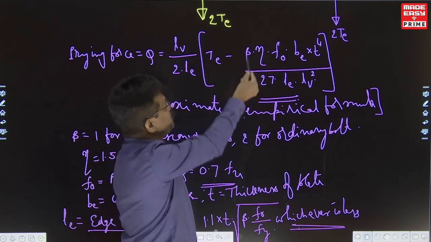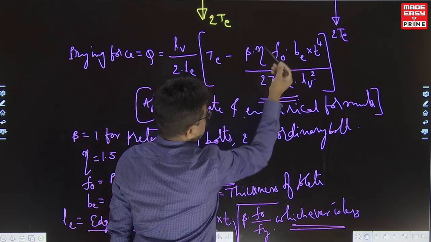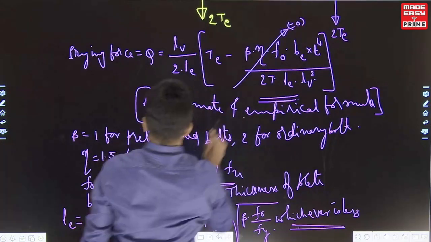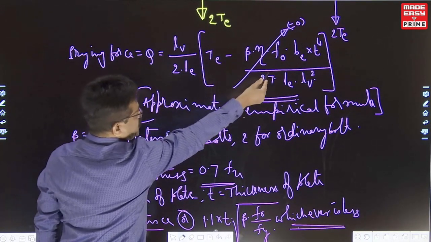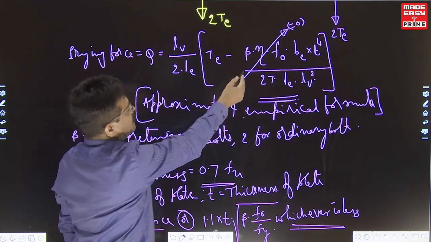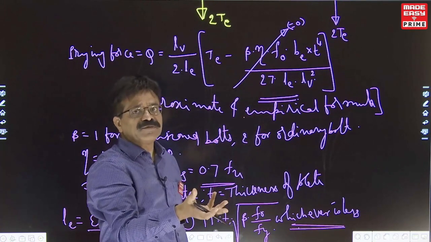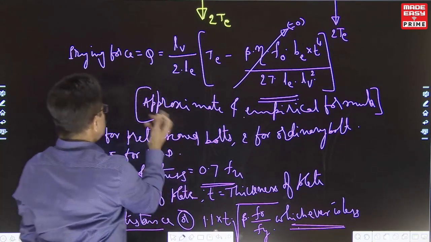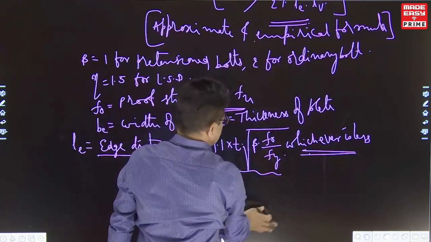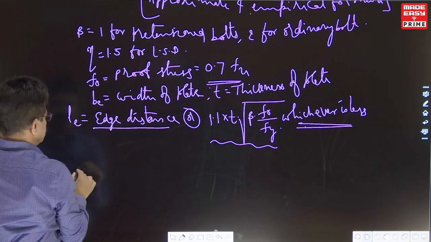If they don't mention, we don't know whether to use 1 or 2. And also the yield proof stress. If they give you, fine, otherwise you don't have to worry. Because so many factors are influencing, we will not know in the exam how much beta to take, or whether 1 bolt or 2 bolts, pre-tensioned or ordinary bolts. So we neglect that value because we cannot remember that formula in the exam. If you memorize it, you can use it, but I feel that we cannot remember.